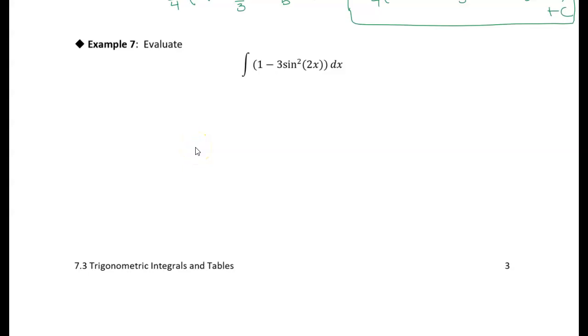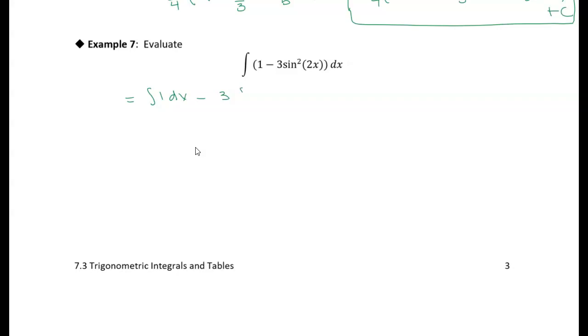All right, now I think this one is meant to mess you up. Because it looks like a 1 minus sine squared thing, which seems like you want to replace it with a cosine squared, but you get the 3 in there, and that just doesn't work. So, the easiest thing to do here is just to break it into integral of 1 dx minus,